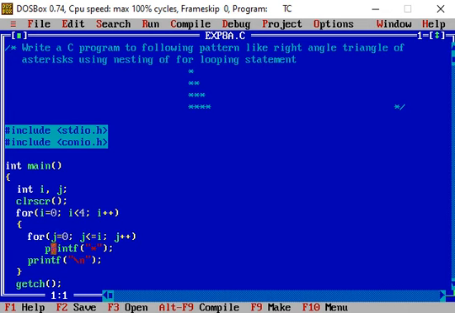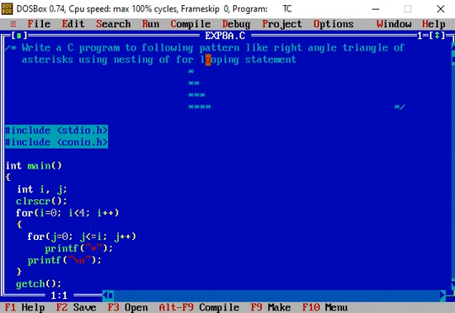So the first time the value of j is equal to 0. The condition is true, j less than or equal to I, that is 0. So the condition is true. Then printf, in the quotation marks a star is there. So whatever is included in the double quotation marks is printed on the output screen.